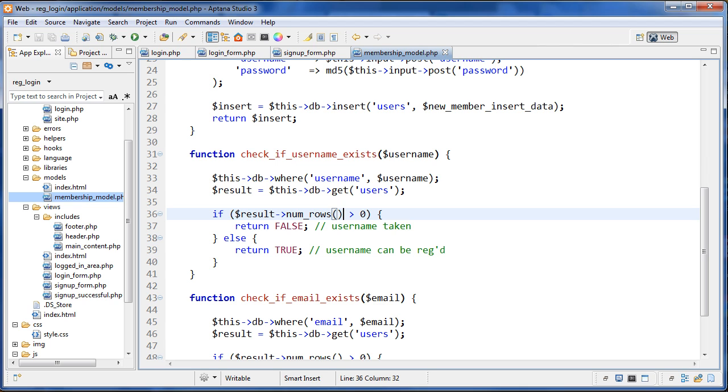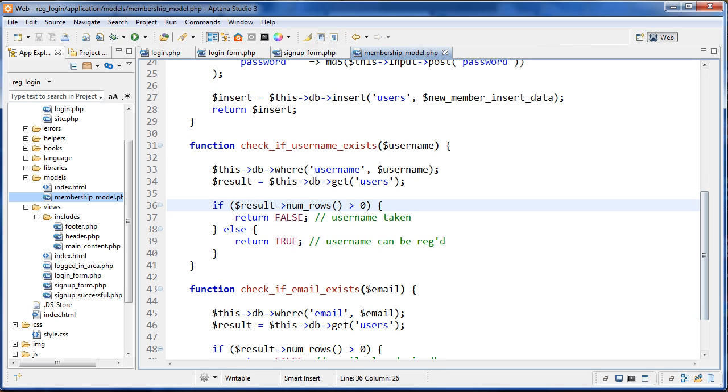Okay, so down here I say result and then the arrow because it's an object, and then the number, actually it's a method in it. So num rows, if that's greater than 0, then we know that we found a username, right? So if this was more than 0, that means the username is already taken, and we're going to return false here, or else we're going to return true. Okay, so